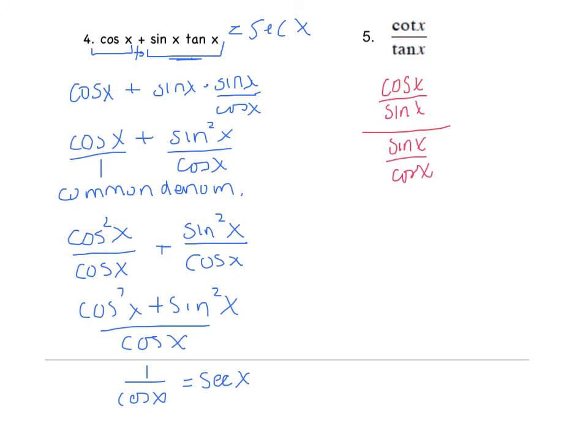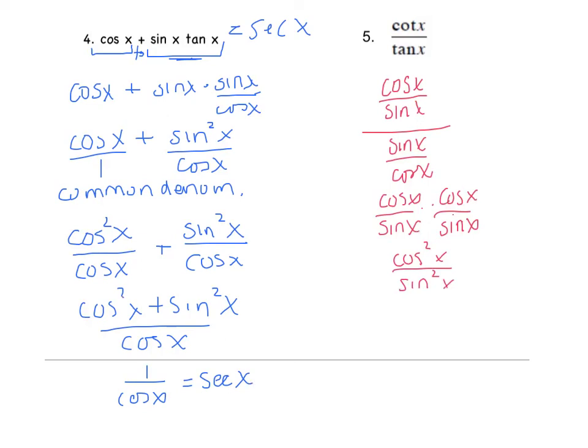To divide a fraction, you take the denominator and you flip it and multiply across. So this would actually be cosine x over sine x times cosine x over sine x. You thought it was going to be 1, didn't you? But it flips over, and so I have cosine squared over sine squared,